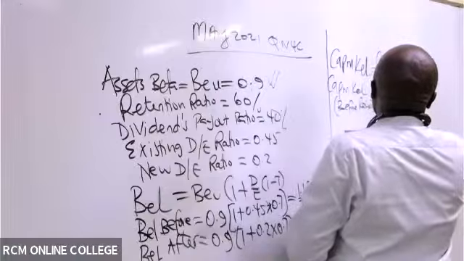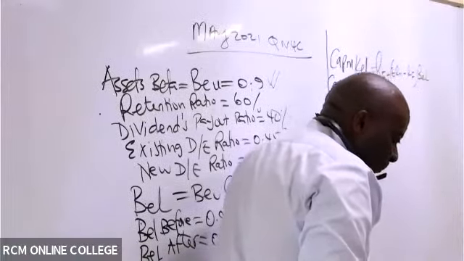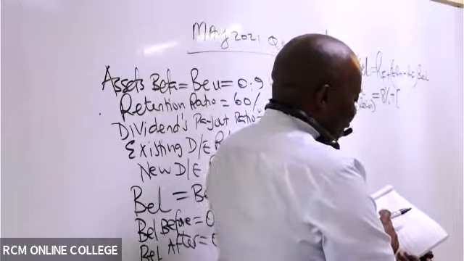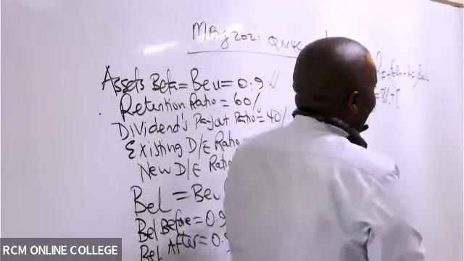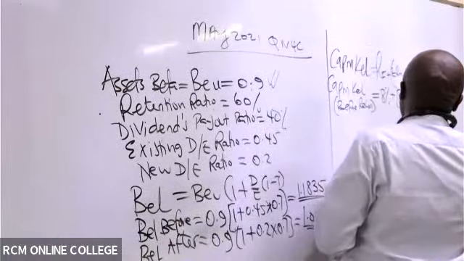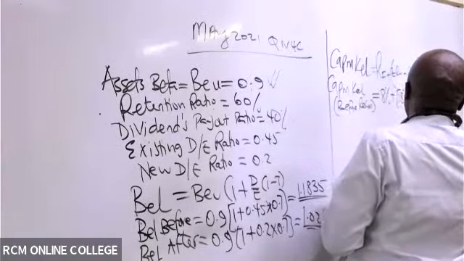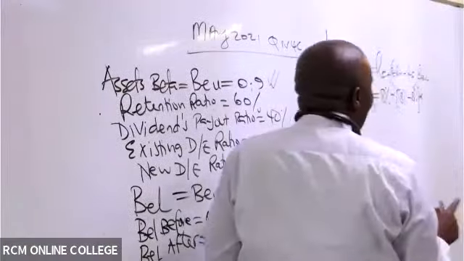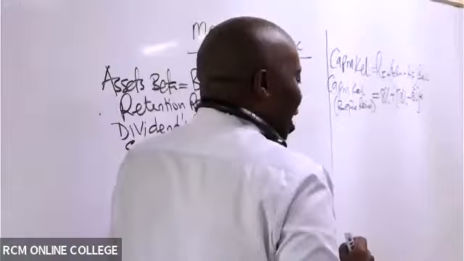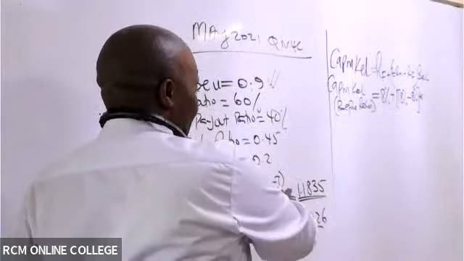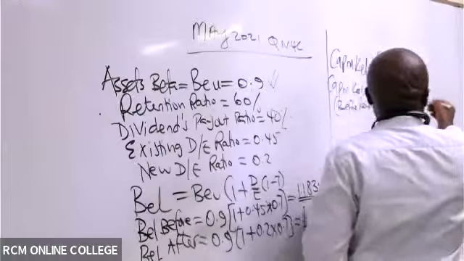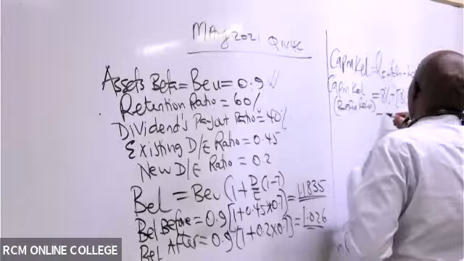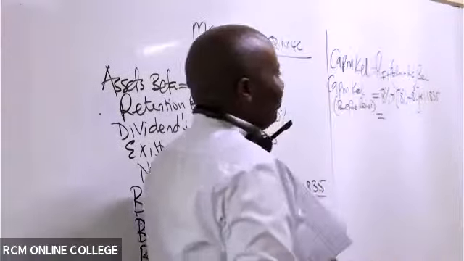How about this expected return of the market? Yeah, from note 2, expected return of the market portfolio is 18%. So 18% minus this 8%, multiplied by beta of equity of a levered firm before reconstruction, which is the one that you are given, which is 1.1835. So are you able to give me this answer, ladies and gentlemen?